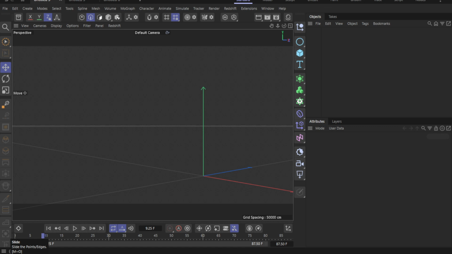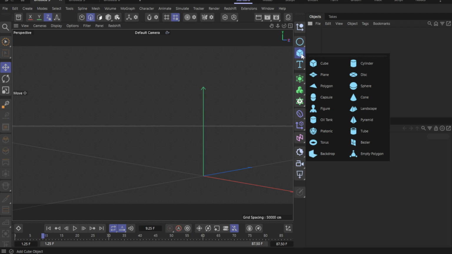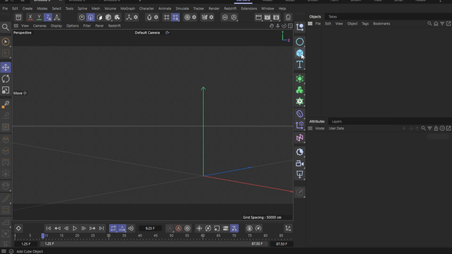scene. If it's still a live primitive, consider making it editable so the tool can create new edges properly. It's also a good idea to isolate or solo the object if your scene is busy, so you can clearly see what you're doing. Next, switch into a component mode, point, edge, or polygon, depending on how you want to